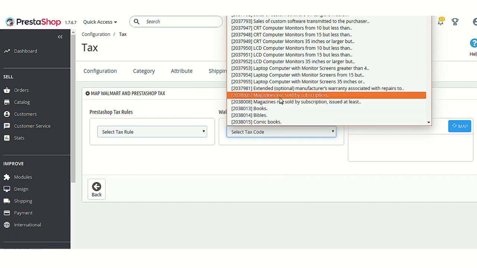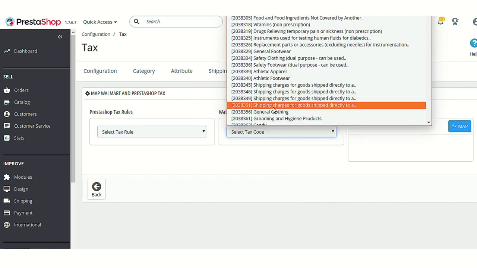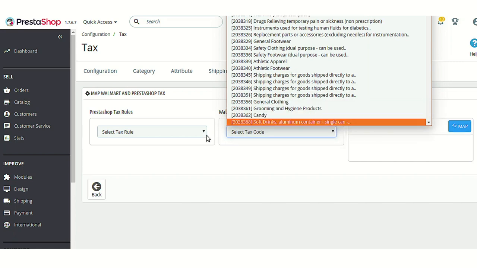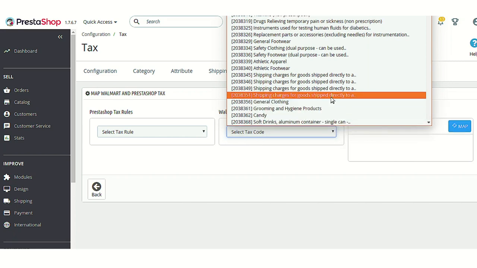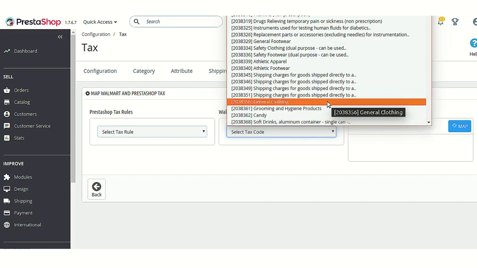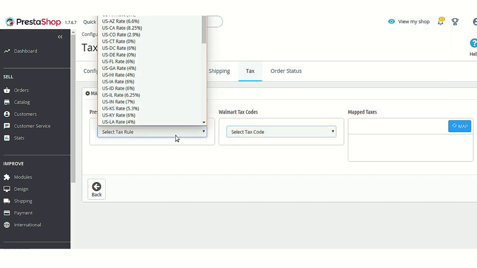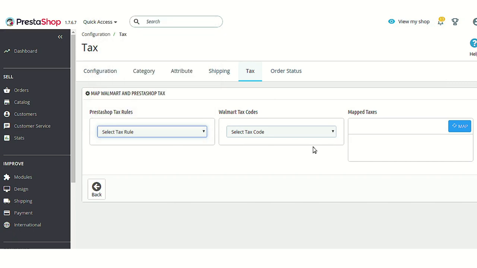This is the list of tax codes generally used by Walmart, and you can select the most suitable tax option that goes along with your tax rule, so that no discrepancy occurs.